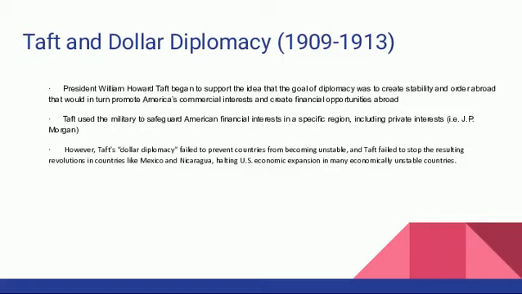And then Taft, I basically would put next to Taft, he wasn't very successful with his imperialism. Taft basically said that we're going to send money and businesses to other countries and become imperialistic. But as you know from your reading, it didn't really work out too well, especially because every money we sent, it didn't really stop the insurgencies. So from there, that's imperialism and the lead into World War I.